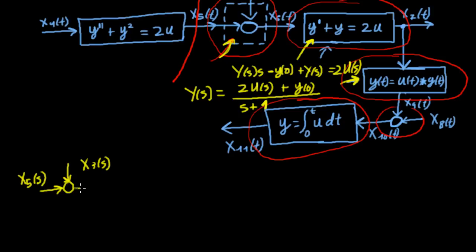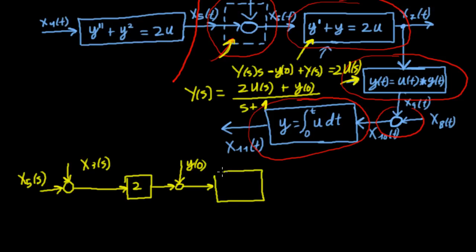How do we represent that here? Well, it is very simple. We just write here a block with 2, then we add y at 0, and then we multiply everything by 1 over s plus 1, and the output here is x7